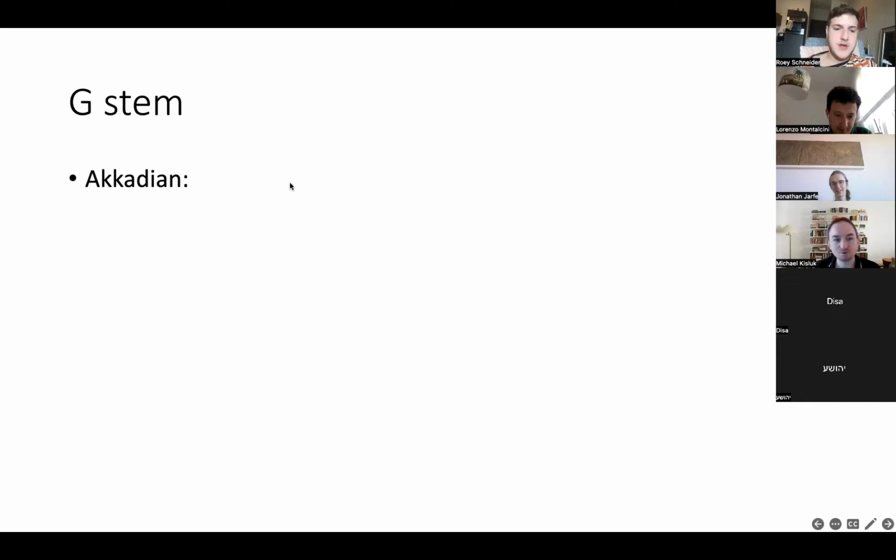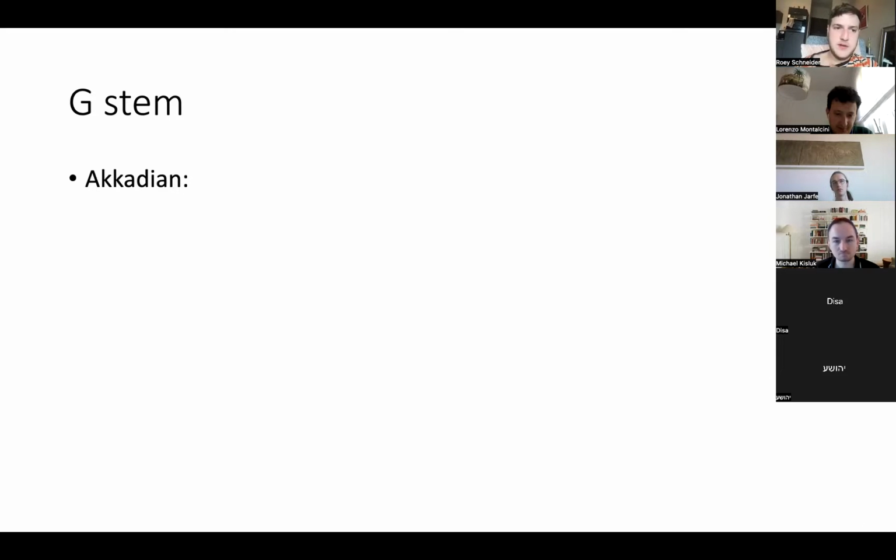But the various languages share the same meanings for the stems. Pretty much, the D is usually referred to as intensive or pluractional or something like that, but it can also be causative. The sheen is always causative. The N is reflexive or passive. The T is reflexive or passive or reciprocal. The R is usually also reciprocal. The L is also usually either reciprocal or something. In Arabic, I think it also means to try something, like qatala, I don't know. But yeah, pretty much the stems have the same meanings.